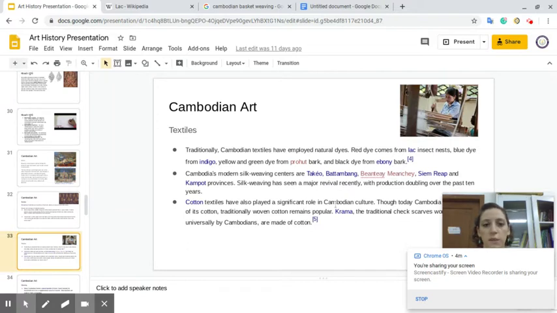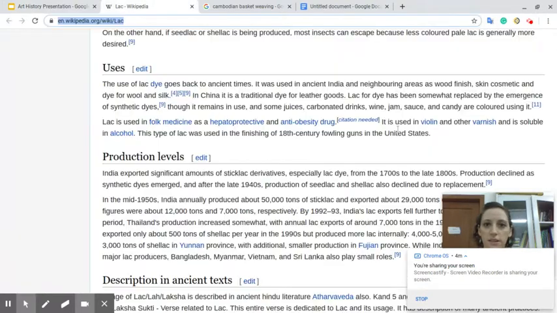So we're still talking about textiles here. So traditionally, Cambodians, they employed natural dyes. So that means they didn't use a lot of chemicals to change the color. So red dye, it used to come from lac insect nest. So lac was